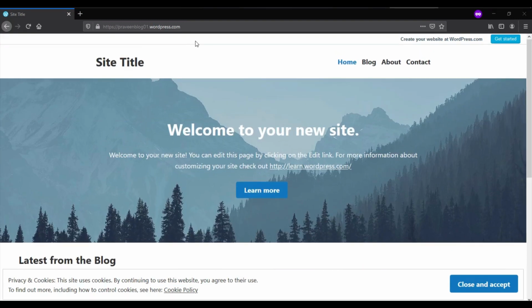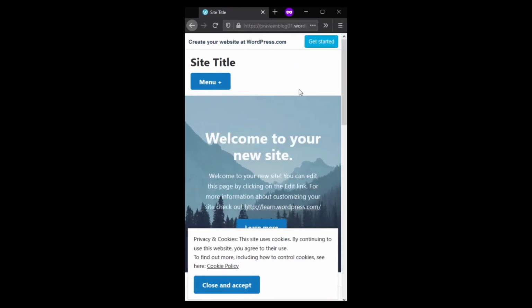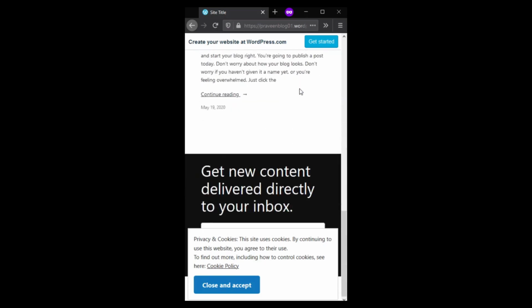You can also ask your friends to type this URL, or whatever address you have created, on their mobile phones and check whether it's working fine. I'll give you an idea how it looks on the mobile. Once you resize, this is how it looks on your mobile.